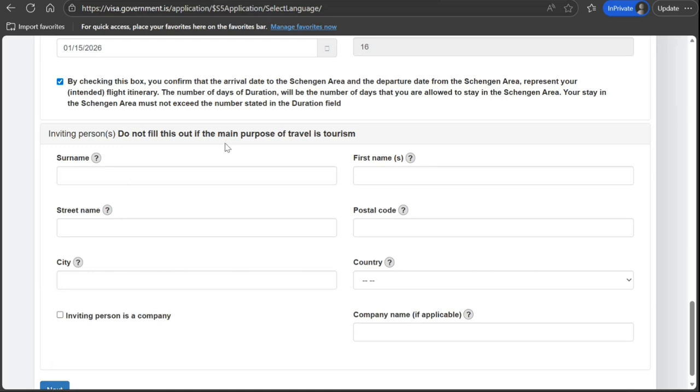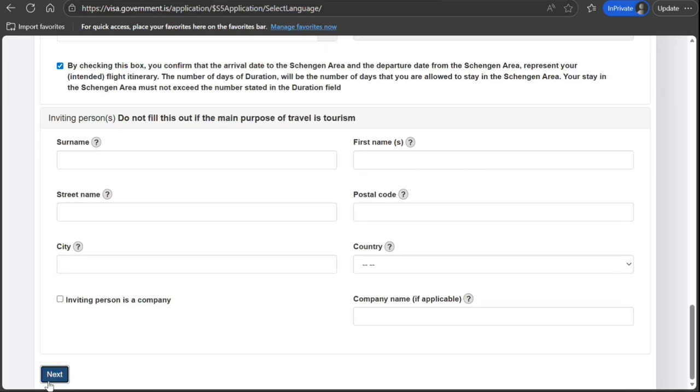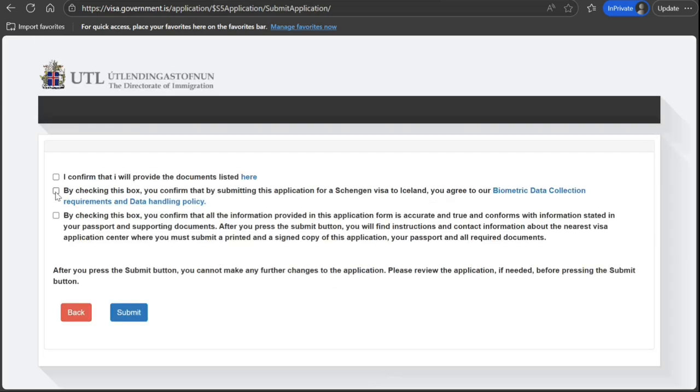Do not fill this part out if the main purpose is tourism, so I'll skip this. Next, you have to check all this, read everything, and then submit. And that receipt you need to carry with your application that we had gone through before. So we have gone through that part already, so I'm not going to go there, but this is how it